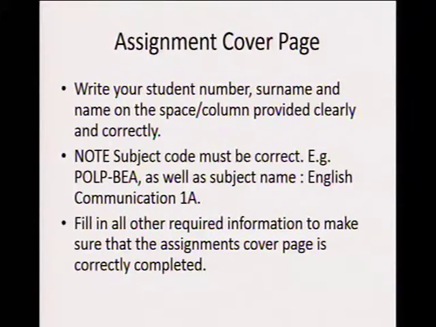For example, this is Policing Communication A, and the subject code is POLP/BEA, as well as the name of the subject, which is English Communication 1A. Fill in all other required information to make sure that the assignment cover page is correctly completed.